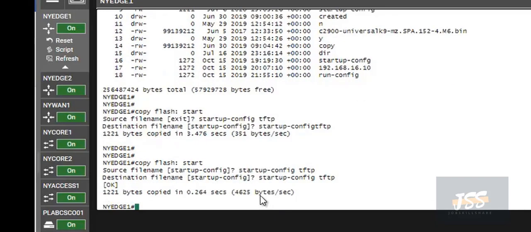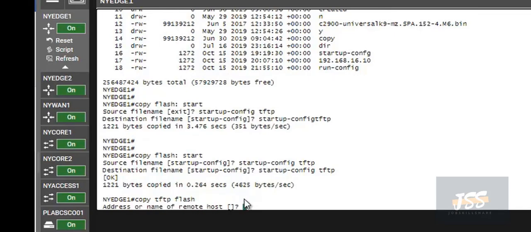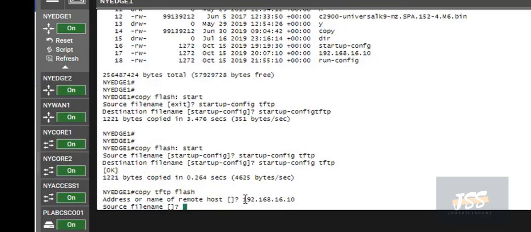Once the config file has been backed up, we will now copy the file back from TFTP to this router. The command is simple: copy tftp flash. It will ask for the remote host. The IP address of the remote host is 192.168.16.10. Now it will ask for the source file name.